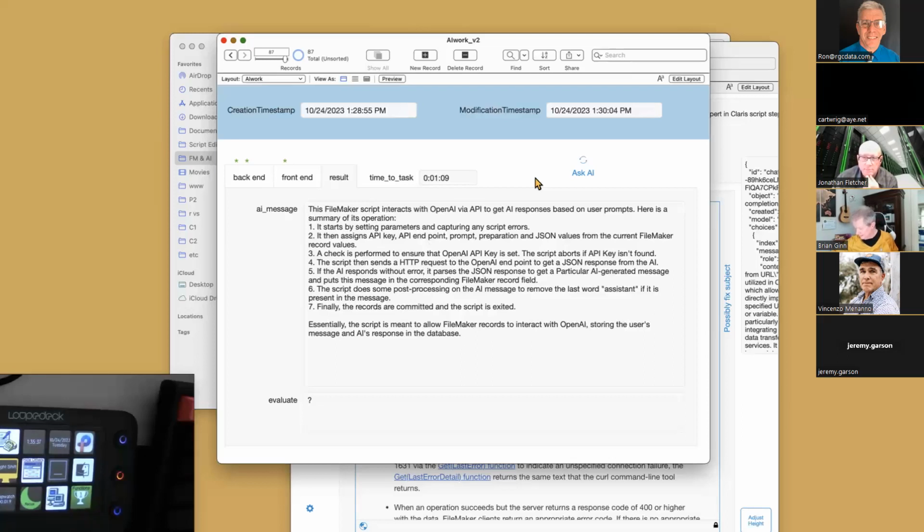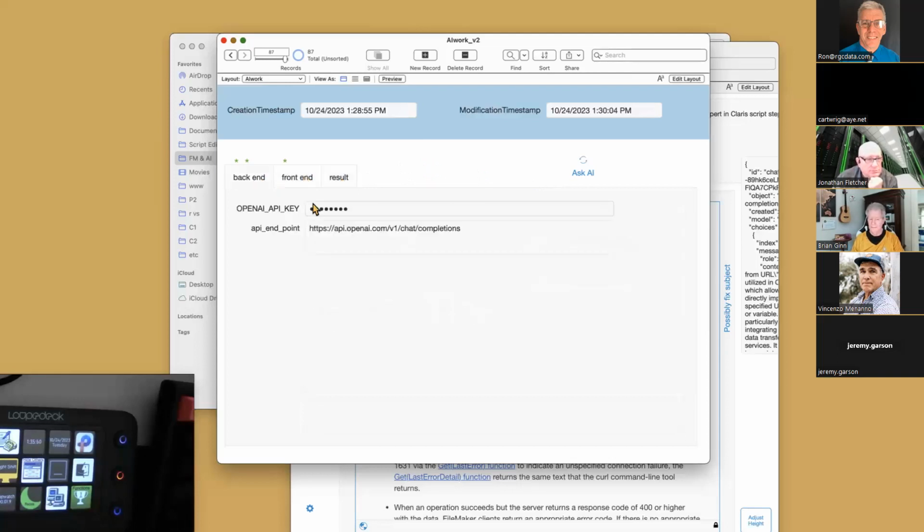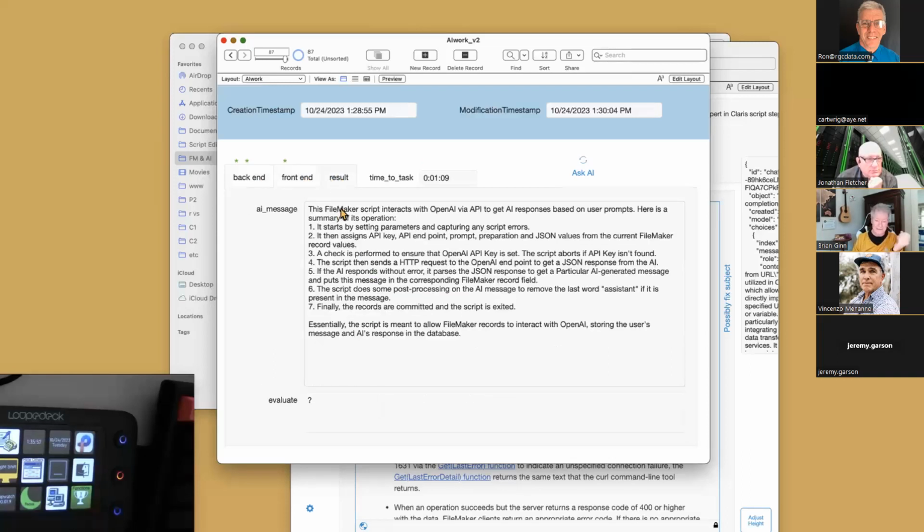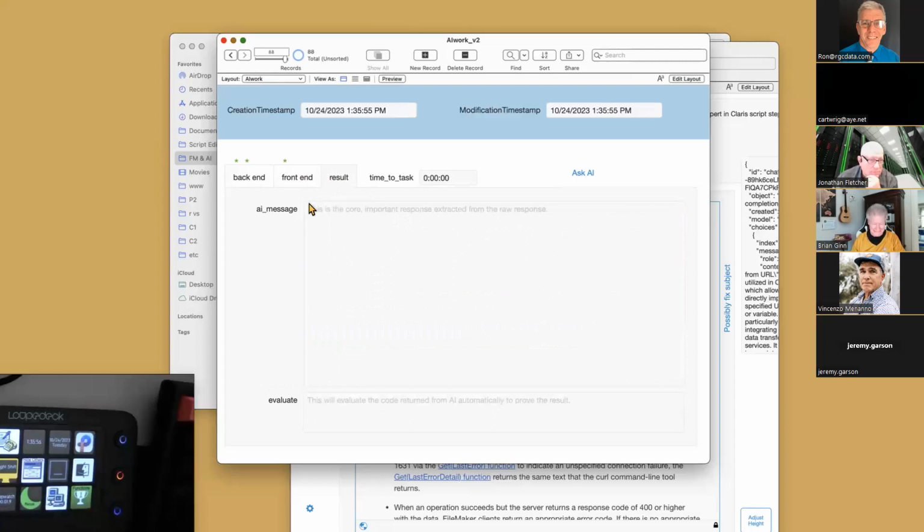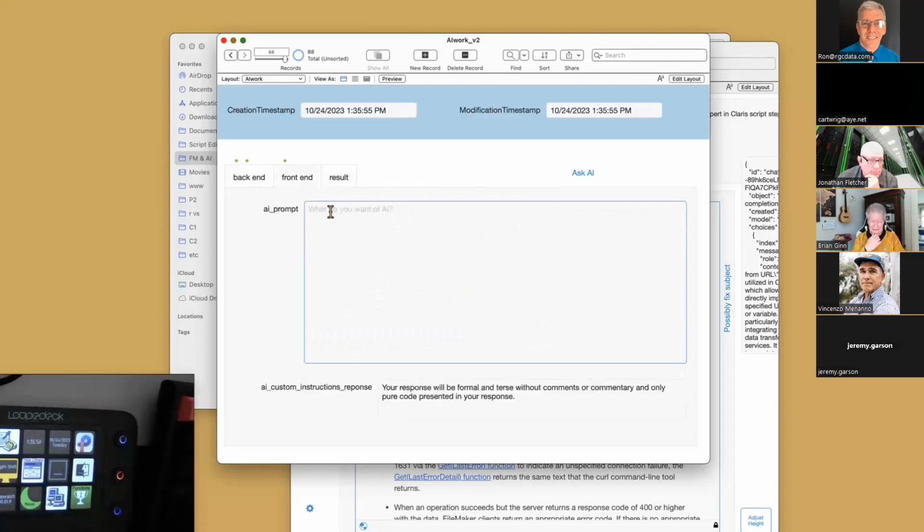All right, just looking at my notes. You know, this is not an API class. I'm just trying to give you the ability to put us kind of in the driver's seat for doing things. Oh, it'll write script steps too. So you don't need to do it from this app, but I'll show you.